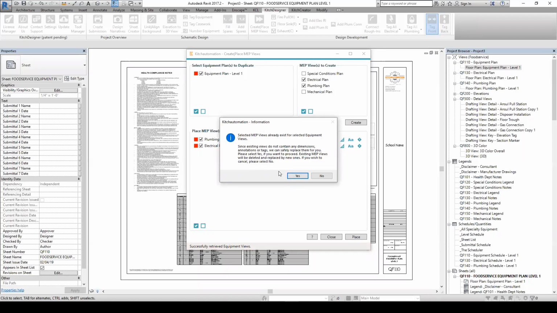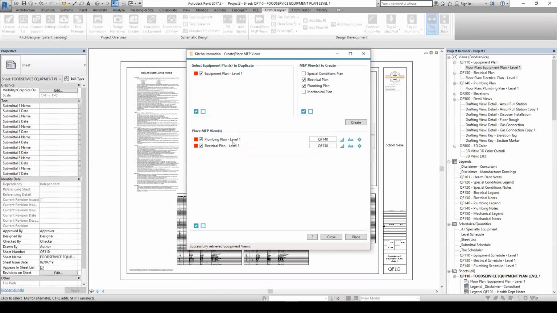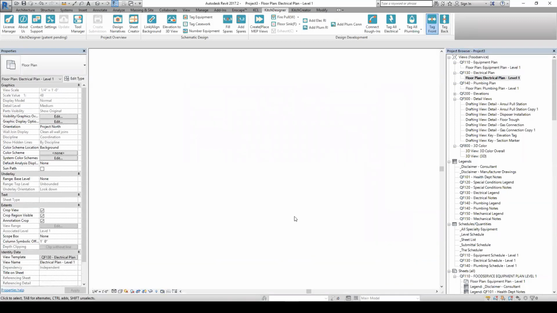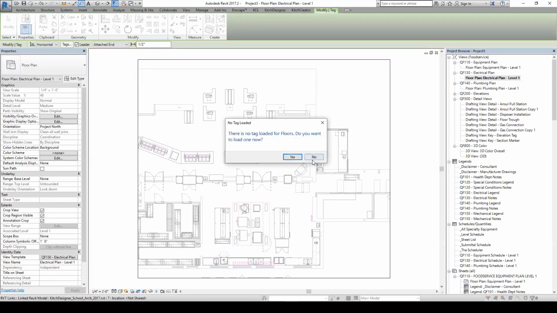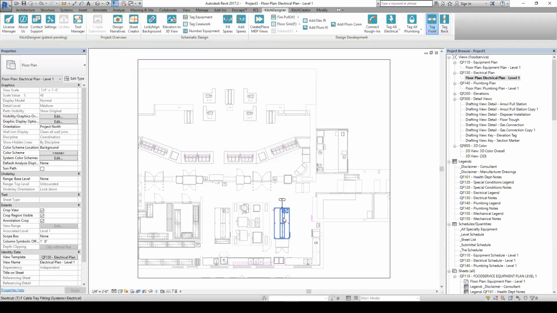It's going to pop up a message that says, if you'd like to replace them, we can replace them for you. Press yes. It'll pop up a different message if these existing views already contain dimensions, text notes, or annotation tags. So let me just show you what that would look like. Because what we don't want to do is delete these views and replace them if they already had work done on them. So for example, if I just place the tag,